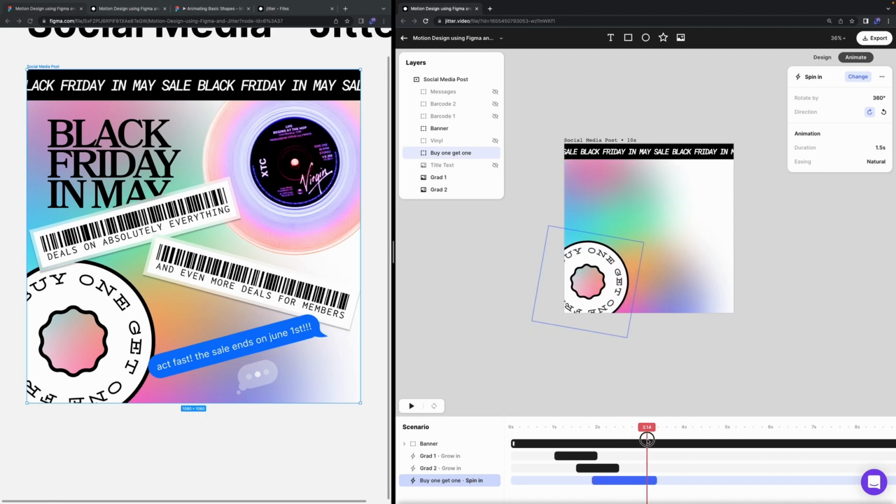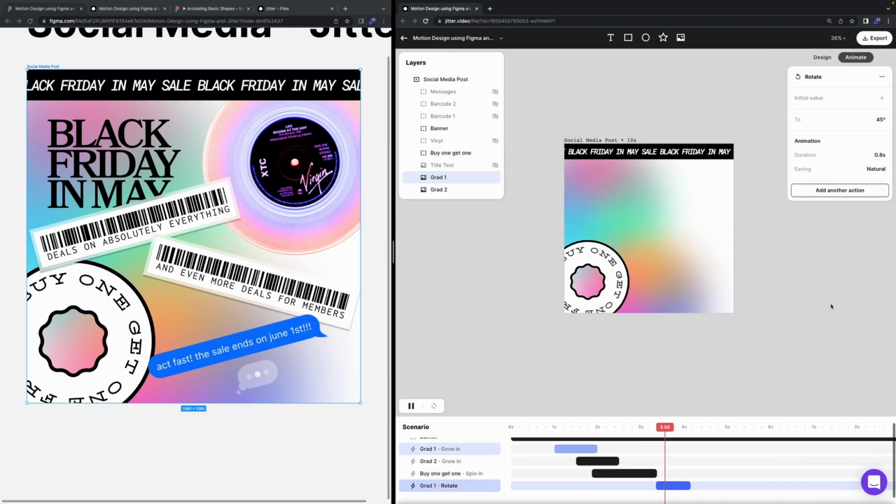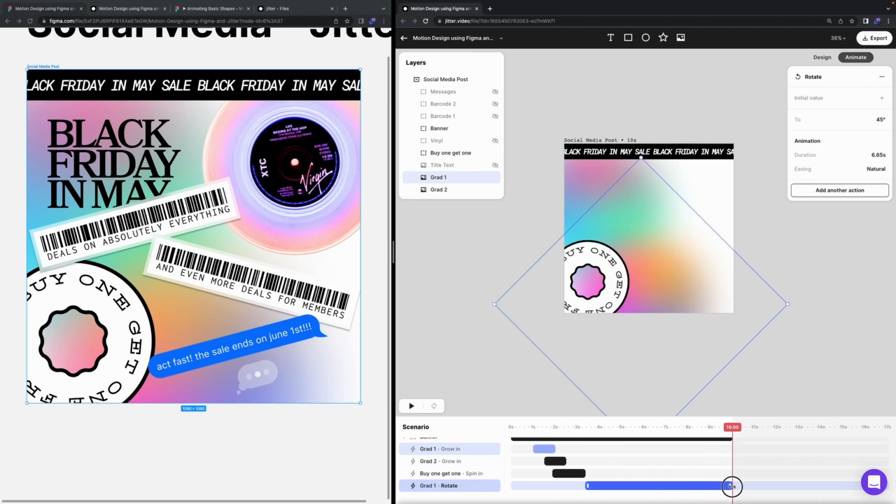Then at the end of 360, we're going to do kind of the same thing here, where we're going to add a new custom rotate. And we can actually just zoom this in. We're just going to continue till the end. Just going to lock that on. And it's just going to go 360. So,